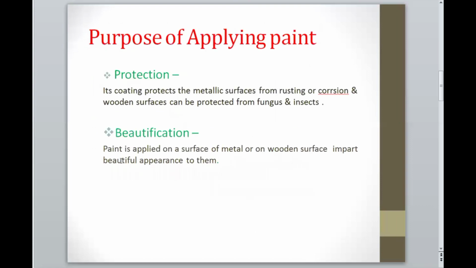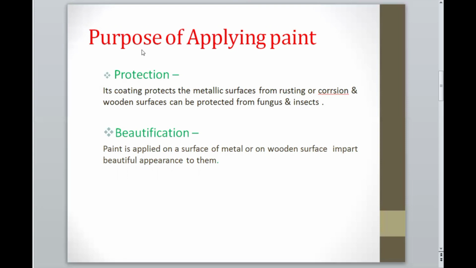The first topic we discuss in this unit is paint. In this topic of paint, we discuss what paint is. That means we discuss the definition of paint, and also the purpose of applying paint on the surface. Next we discuss the ingredients present in paint, and also the characteristics of good paint. Okay. So before we discuss the definition of paint, firstly we discuss for what purpose we apply paint on the surface.